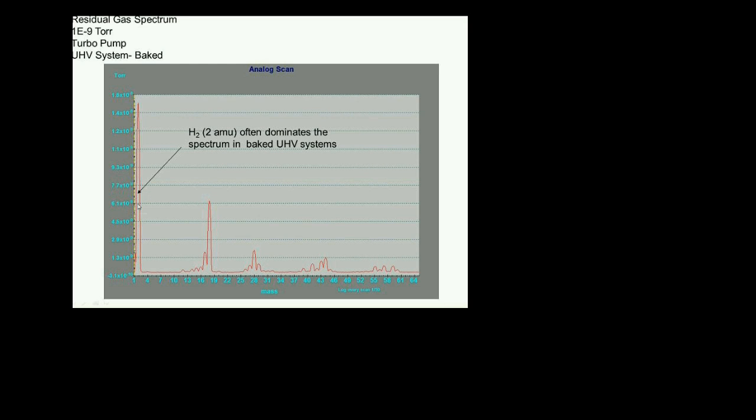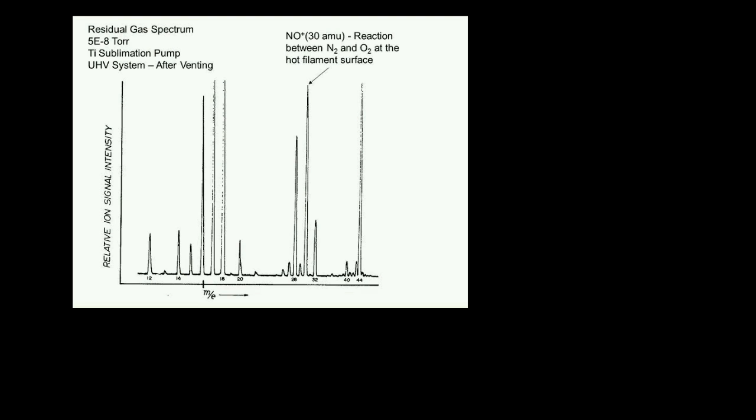RGAs, particularly on UHV systems, will not agree with the total pressure gauge. They will always overestimate the amount of hydrogen. The reason they do that is because it's a double whammy of hydrogen outgassing right at the ionizer and the RGA overestimating the amount of hydrogen. Okay? I'm going to give you one more example of a